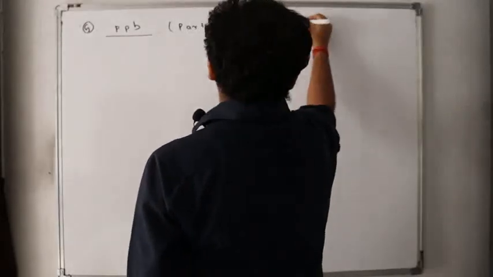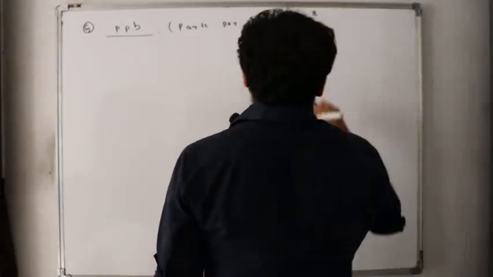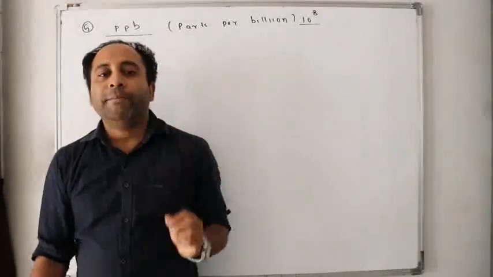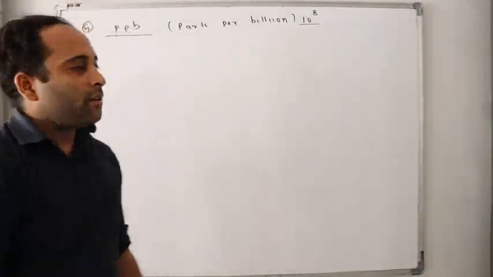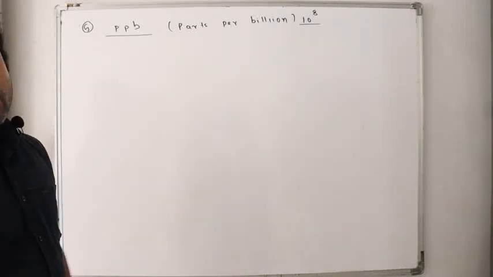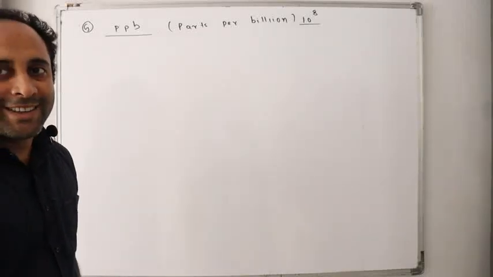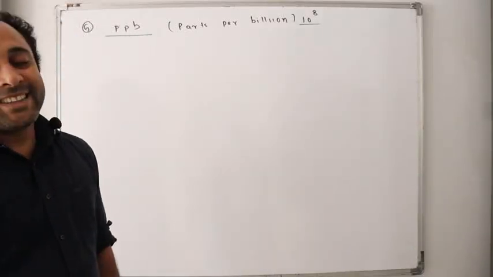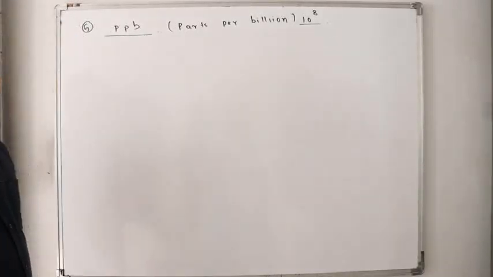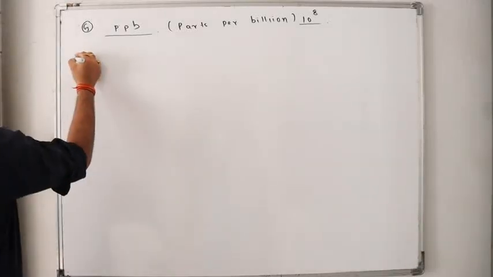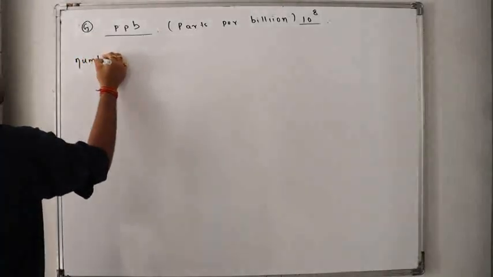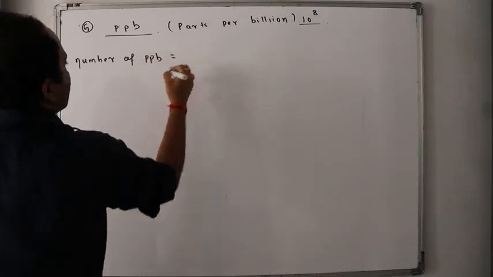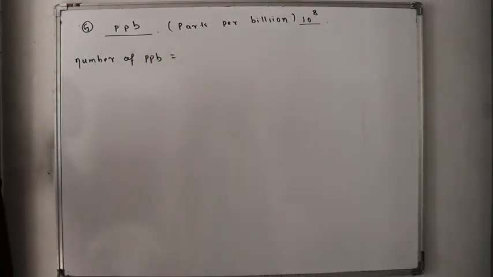See, 10 to the 6 is million, 10 to the 9 is billion. Or I can say 10 to the 8 is 10 crores, isn't it? Now, number of ppb. How to find ppb? Or number of ppm or number of ppb? Number of ppb is equal to